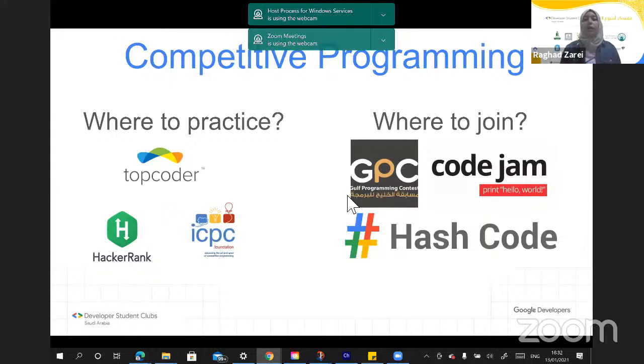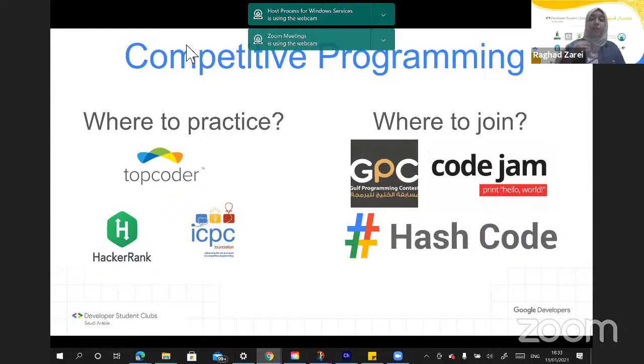And how you can get involved in those programming competitions. There are several competitions that you can go for, but the top 3 that I wanted to highlight is Code Jam, which is partly run by Google, mostly to involve people in programming. And then there is Hash Code, one of the top programming competitions. The top competitors go face to face with the Google employees, and some of them actually go on and get a job at Google itself or anywhere else. But seriously, those competitions can open spectrums and chances that can be endless for you.